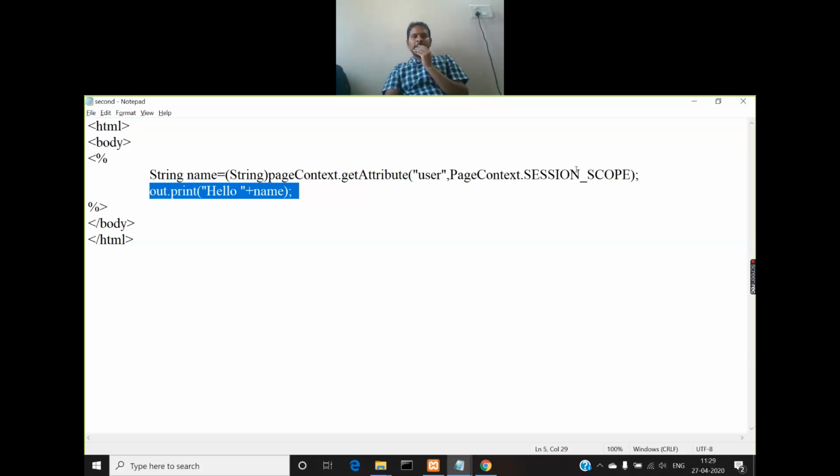Similarly, if you create with page scope, that attribute will be available only for the particular page in which you create it. And if you create it with request scope, then that attribute will be available only for the requested page for which the request is sent. So that is about the pageContext implicit object.